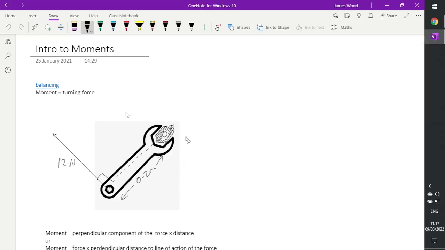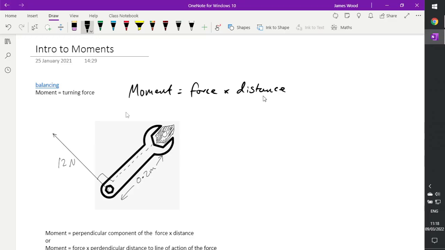So here I've got a simple example of a spanner, and then I've got a force on it this way. So obviously I'm going to turn this bolt and screw it in like this, so turning it clockwise. Okay. So in this example here, the way that we calculate a moment is to do the force times the distance. Okay. So a bigger moment or a bigger turning force will be caused by either a bigger force or a